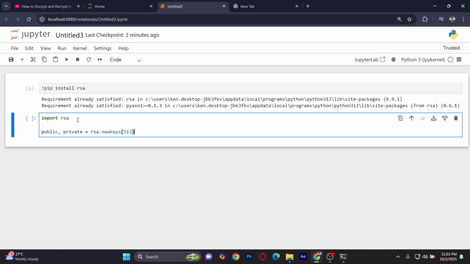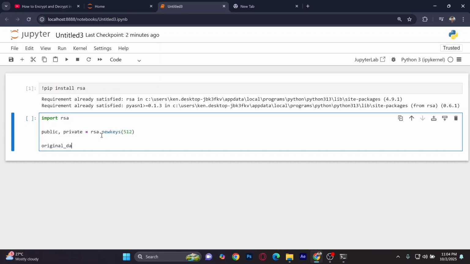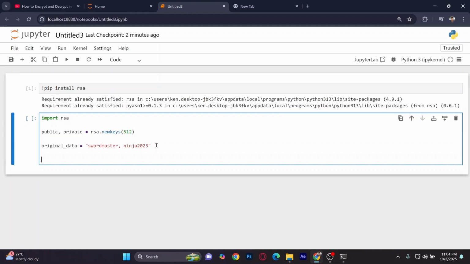So yeah, and after that, we're going to make the original data, and here we're going to put our username and then the password there, like that, and we're going to encrypt it. And we're going to put this in a variable, alright, and then we're going to call the RSA and the function with it,